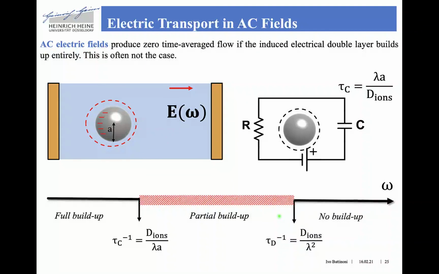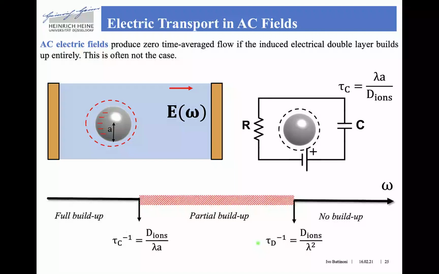This second condition also sets an upper critical frequency, which is the inverse of the Brownian diffusion time of ions across the interfacial layer. So it's equal to the diffusivity of the ions divided by the Debye length squared. And we will see soon that these timescales are very important when it comes to the fabrication of synthetic microstreamers